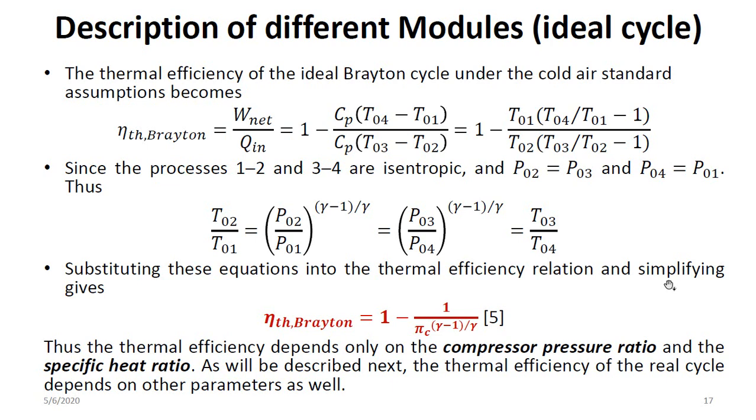Hence, if you do a simple mathematical manipulation, you will get equation 5 as an ideal Brayton